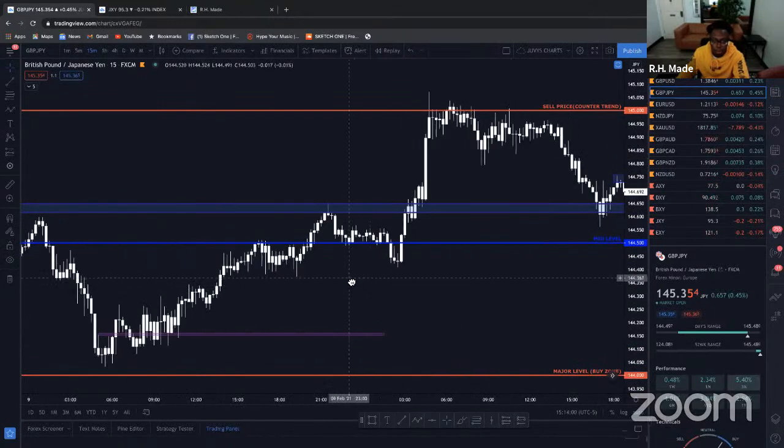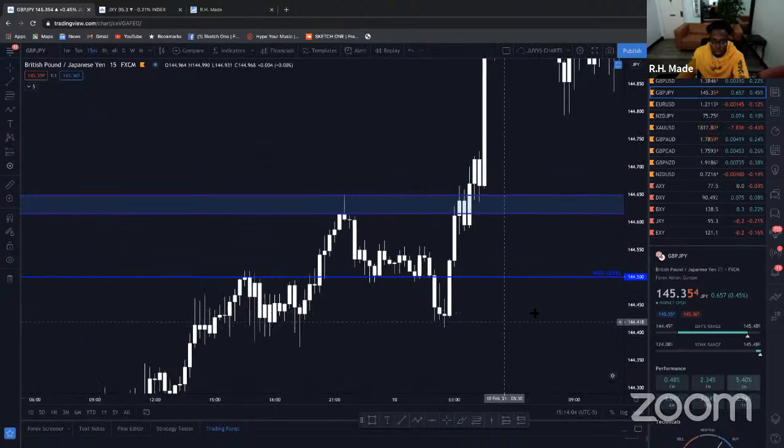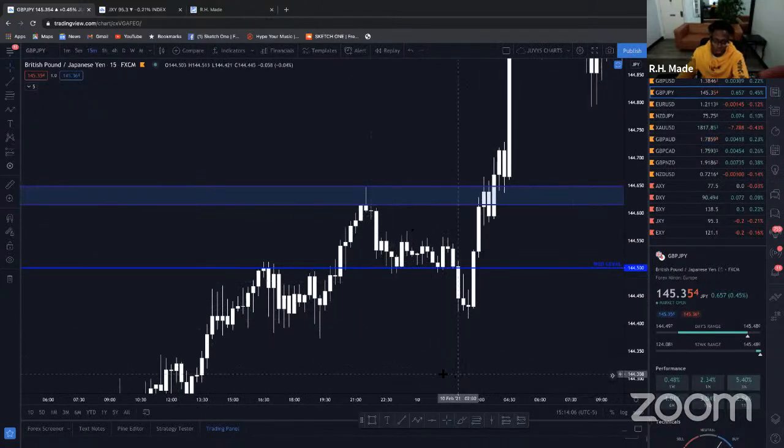All right, it came up here and broke through, right? This is what buyers wanted right here. Perfect, like I talked about a couple minutes ago. Higher high, consolidation right there. And I think this is institution, because this is like liquidity right here. This is where people hold their money. They had orders right here, and then the big institutions just shot that down and made people lose money